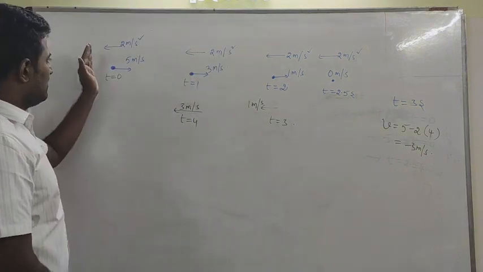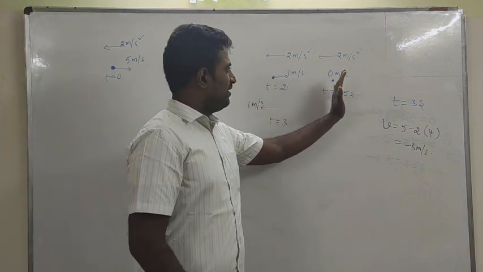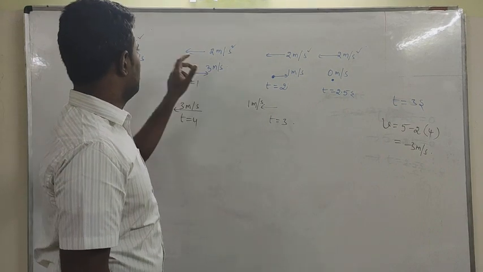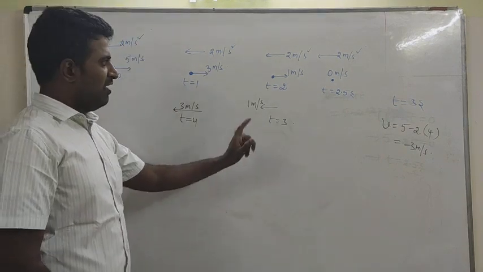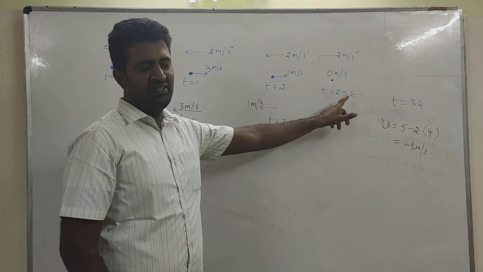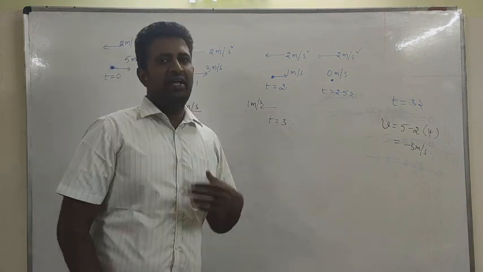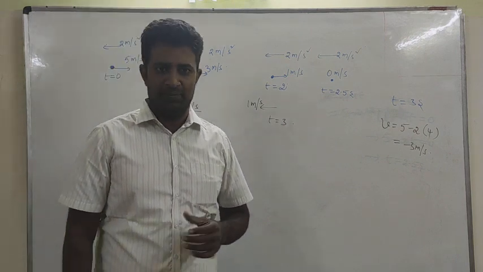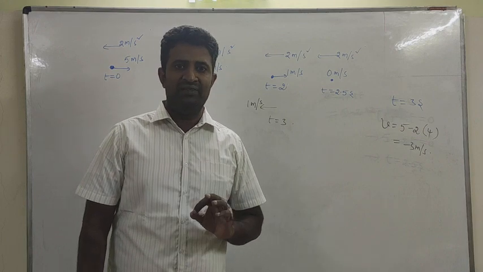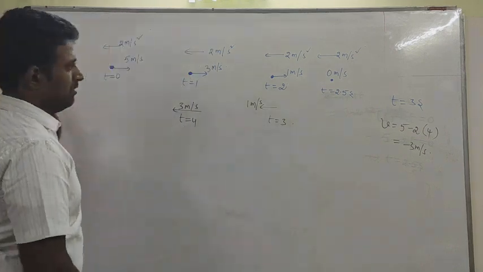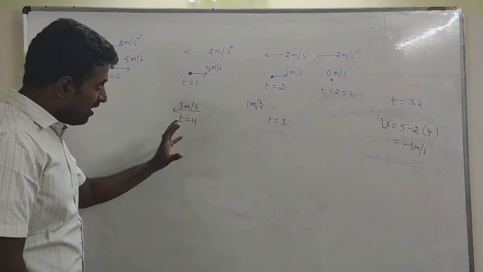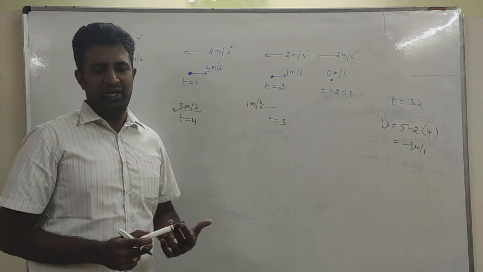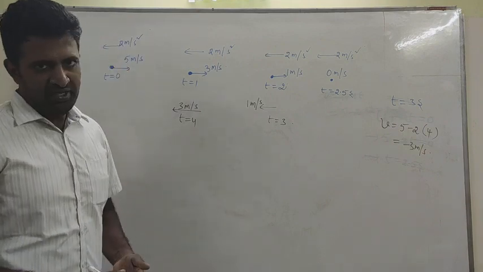Have you observed? From t equal to 0 to t equal to 2.5, the motion was a retarded motion. Why? Because velocity is positive here, acceleration is negative. Whereas after crossing the time t equal to 2.5 seconds, the velocity has become negative, acceleration is already negative. That's why the motion has become accelerated motion, because the velocity and acceleration are having same sign. It keeps on moving. So this analogy you need to understand. After this, whichever the parameter that you want to calculate, you can calculate it depending on the situation.